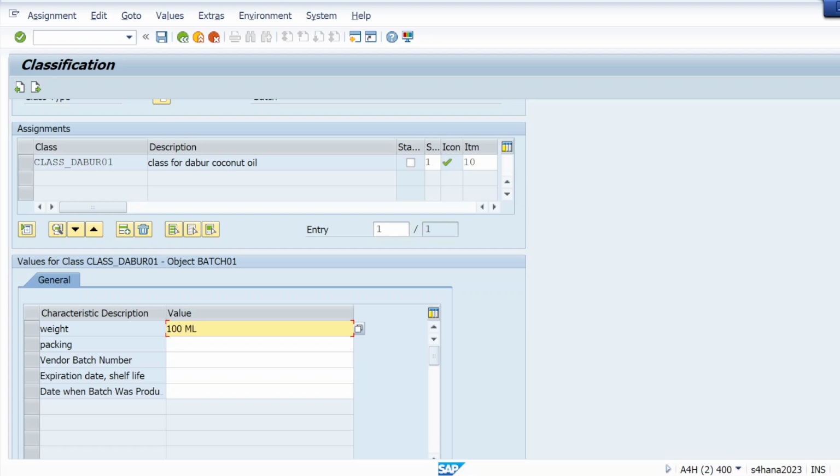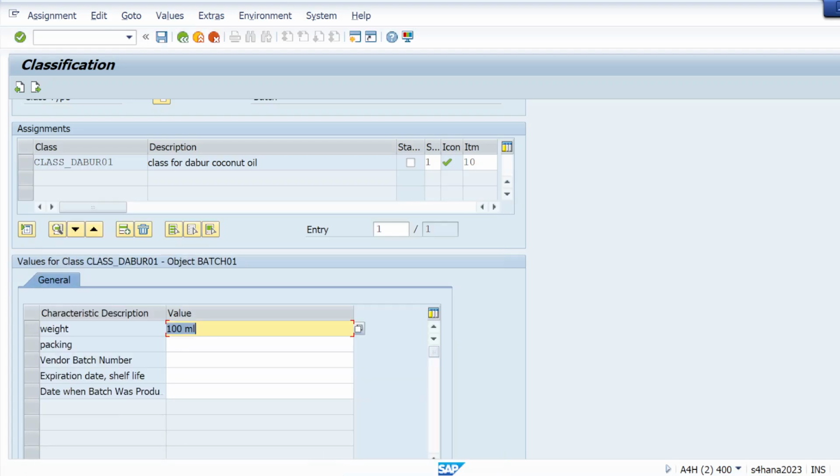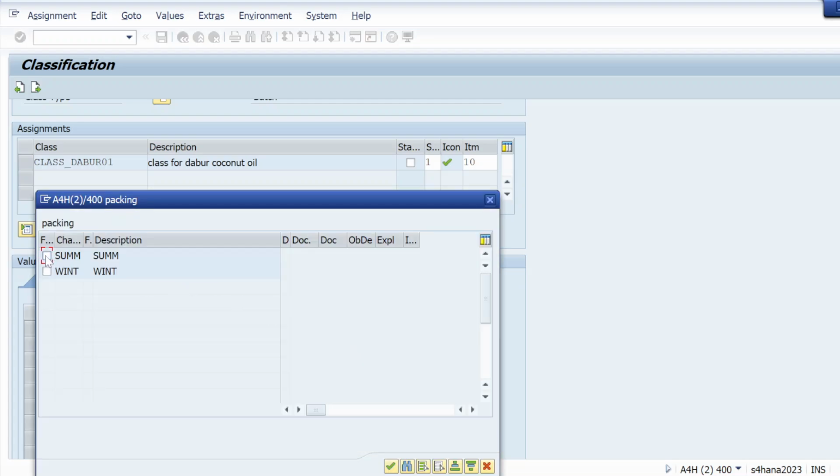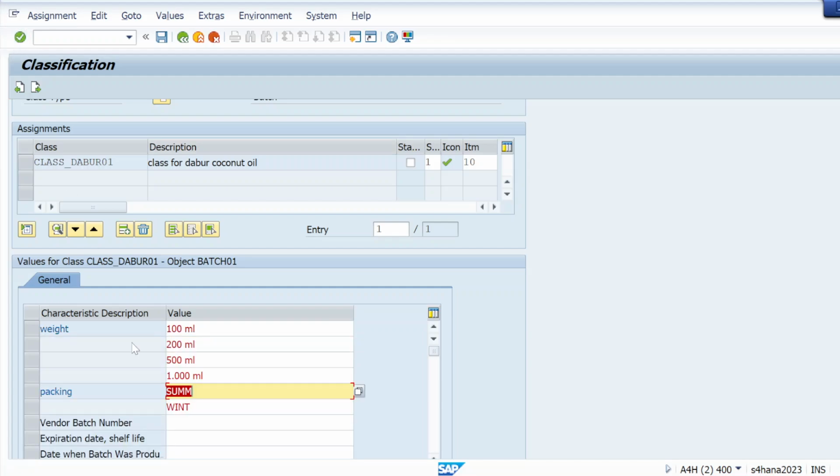We are going to go to this icon and select 100 ml, 200 ml, 500 ml, 1000 ml and hit enter. For packing also we will select summer packing, winter packing, both, hit enter.